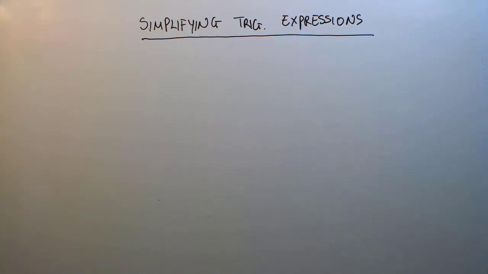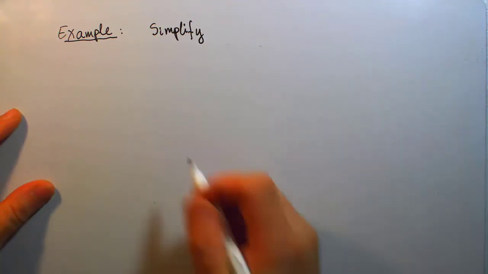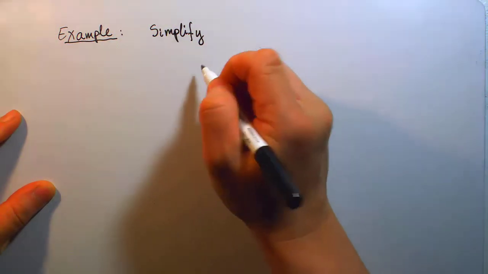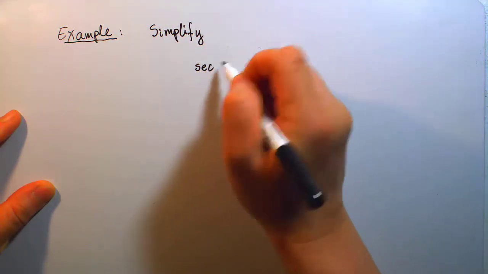All right, and so it becomes quite fascinating when it comes to simplifying trig expressions. So in this video, I am going to show everybody a few examples of how we can simplify trig expressions. A trig expression is any of those expressions that involve entirely the trig functions, and fundamentally those six trig functions that we've studied. All right, and so in this example, we are going to simplify the expression